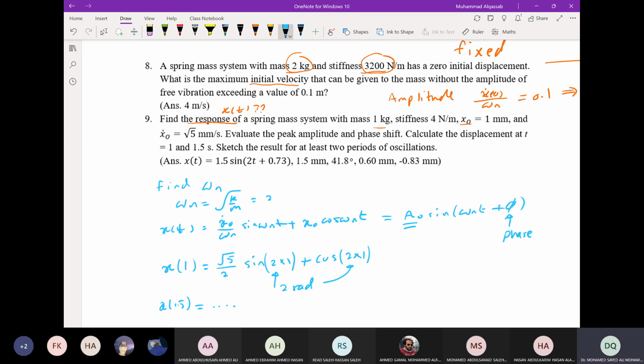Okay, and find the amplitude. Then sketch the result for at least 2 periods of oscillations. You can do this when you find the phase. You will see how